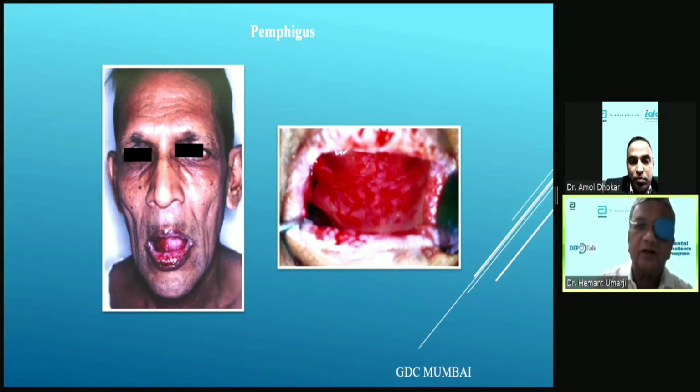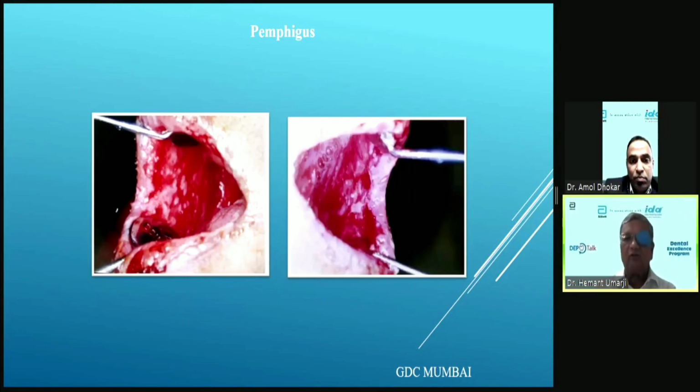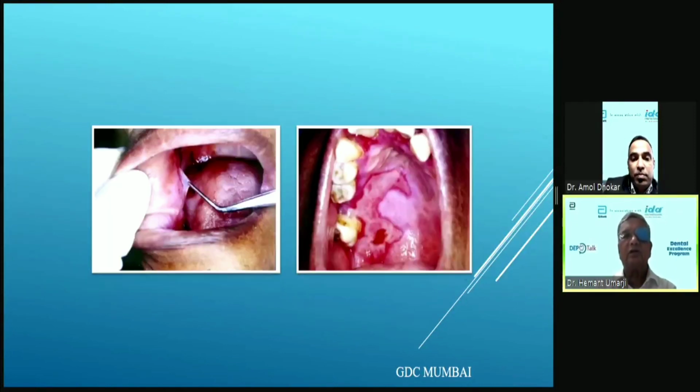So this is pemphigus. In the same patient, you can see the extent of the lesions. This is a very severe type of pemphigus, where not a little area of normal mucosa is seen. Everything is eroded. So this is something like a Nikolsky sign. Nikolsky sign means you take normal mucosa and rub it, and the bullous lesion will appear. Here, the PG student tried to lift it up with the tweezer, and you can see that the superficial mucosa can be peeled off. That is typical of pemphigus because of acantholysis. Above the basement membrane, there is a lysis of the cells, and therefore the superficial layer can be lifted. That is called acantholysis or Nikolsky sign.